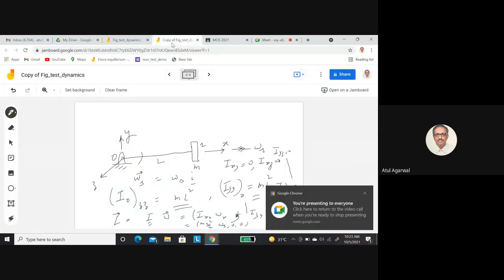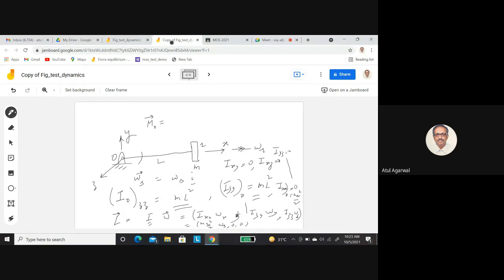Now, what is the torque? You see, torque or moment about point O, an external moment, has to be dL by dt, the time derivative of this angular momentum. So that has to be I alpha. You see I is not changing with time. This rod is spinning about the x-axis. The moment of inertia will not get affected because the orientation of mass about the x-axis is not changing. And whatever is the angular acceleration of this rod, you have to put here.